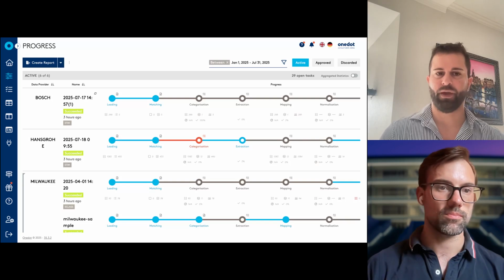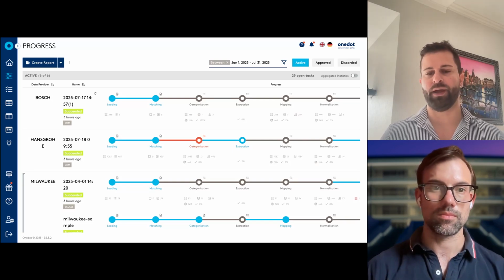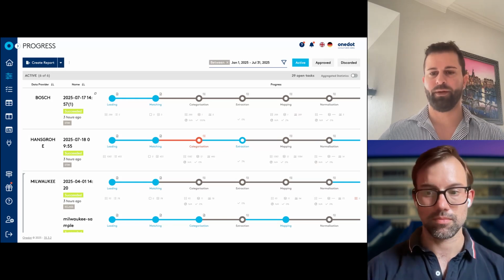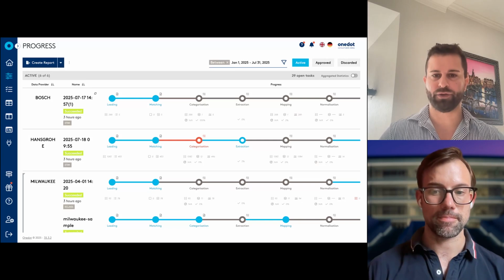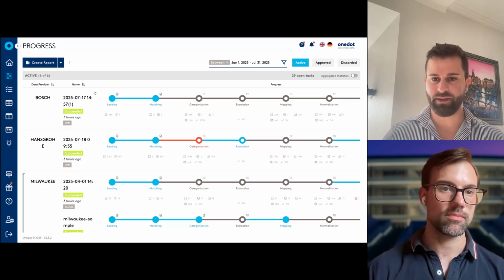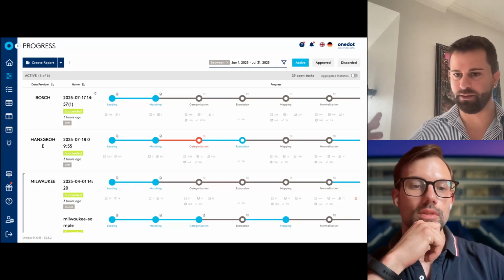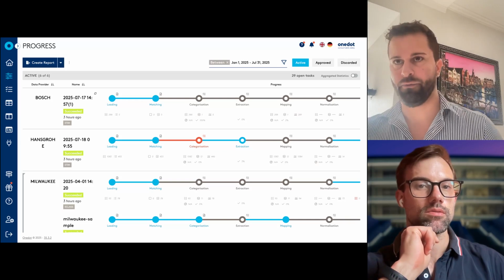So when you want to use One.dot as a data model on top of your PIM, then we can of course create our own data structure, our own data model in better data quality, better structured in the One.dot platform, right? So that in the end we can skip the PIM and onboard the product information directly into the web shop.